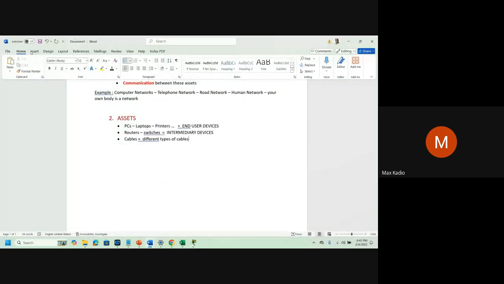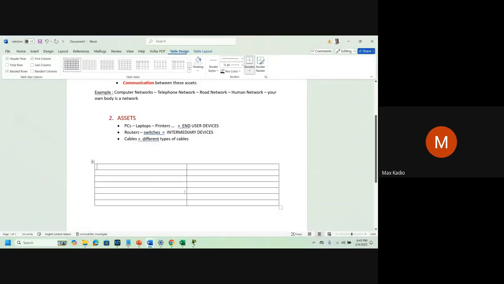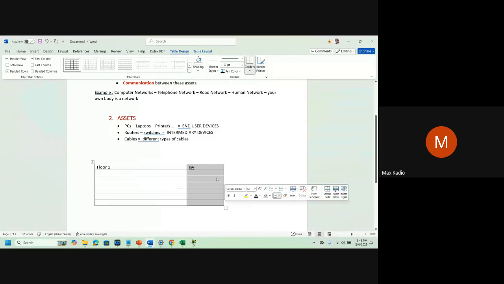So let's say you have all this building. Floor 1, you can get a switch. Floor 2, you can get also a switch. You see, you can get many switches, and all these switches will get linked to a router.